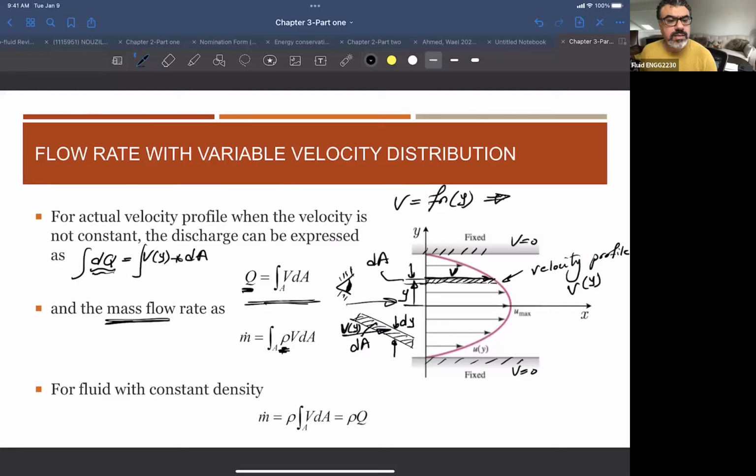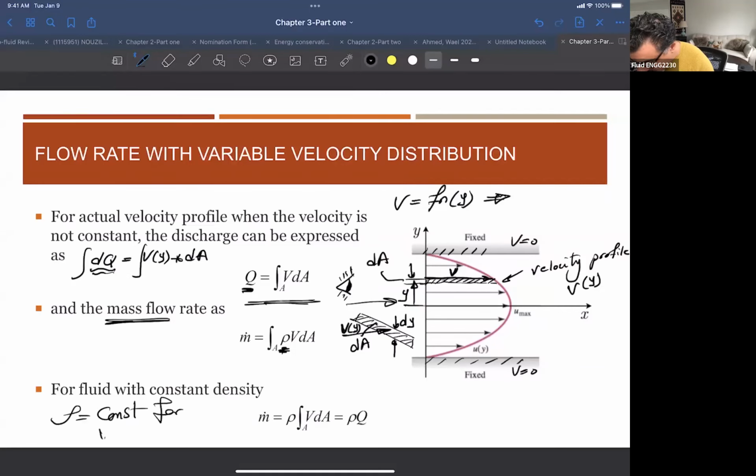Just give me an example of when we have a density that is constant. Anyone? When can we assume the density is constant? Density, guys, chapter 1. Incompressible fluids. Excellent, Aiden, right? So density is constant